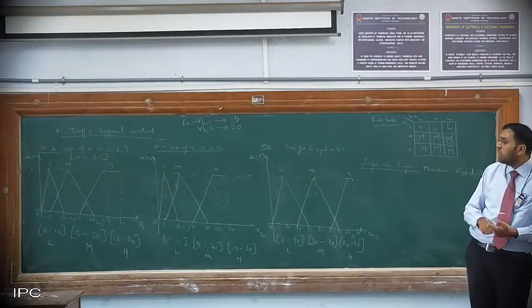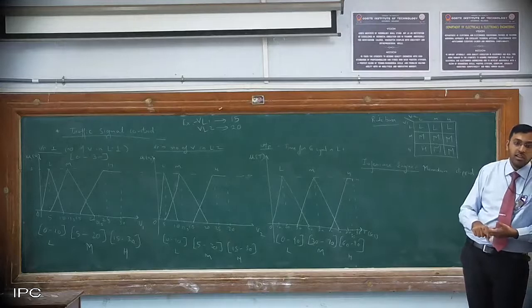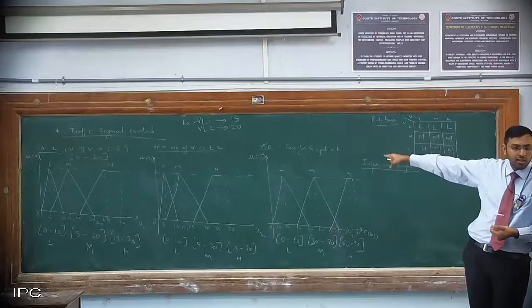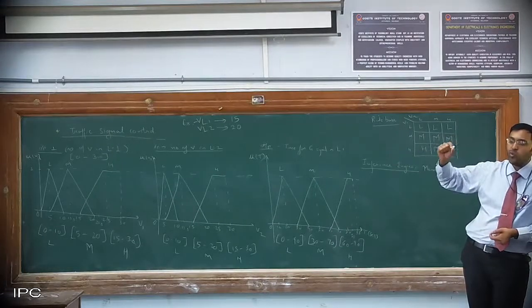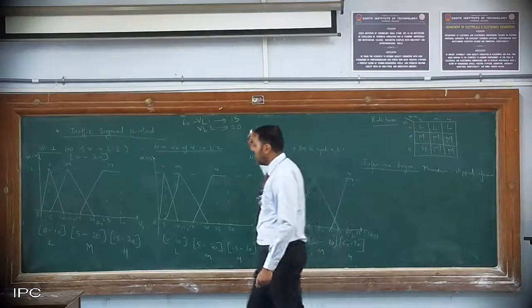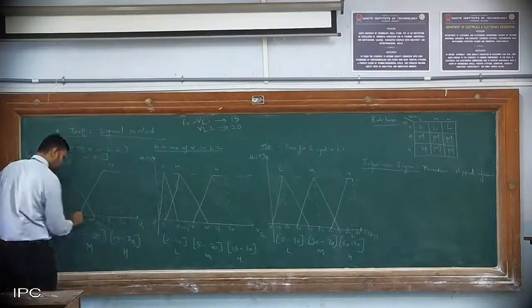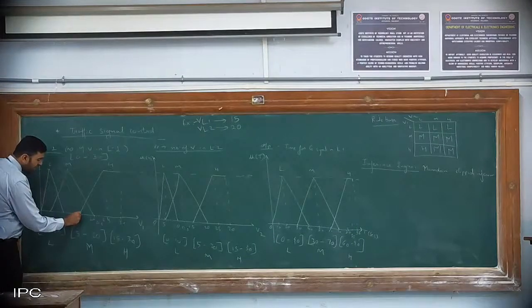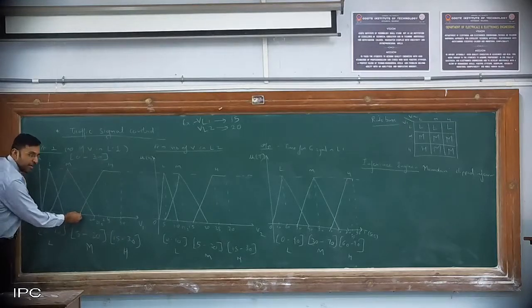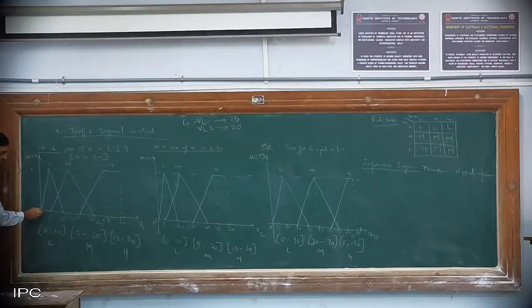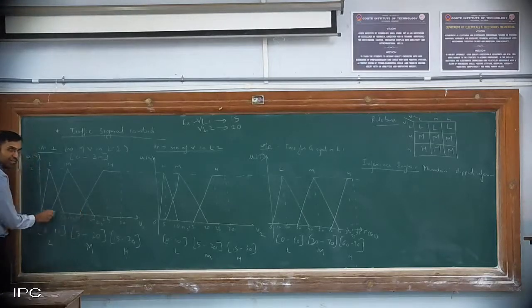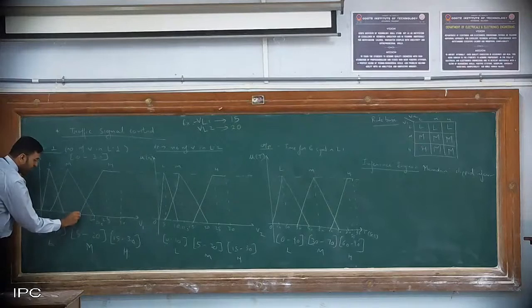So depending upon the number of vehicles in lane 1 and 2, the green signal for lane 1 will be decided now. Yes or no? Our output is the time required for green signal for lane 1. Okay. So 15. Where is 15 coming here? Here. This is 15. So let us check what the membership value is for this. Where is 15? Here. What is the membership value here? 0. So when I take the domain as high, what is its value? It is 0. I will project it.